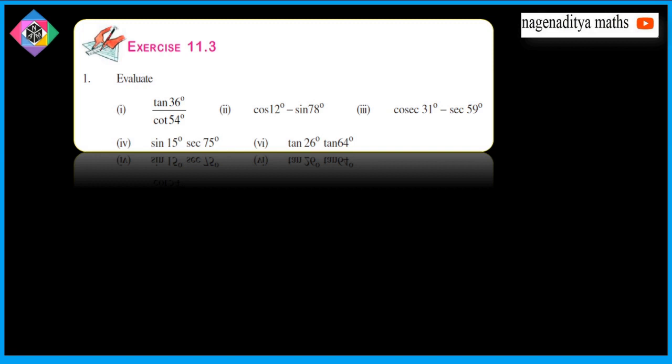So if we take the first problem, we have to think a little logically to do this problem. So tan 36 degrees over cos 54 degrees. Okay, so this is equal to,